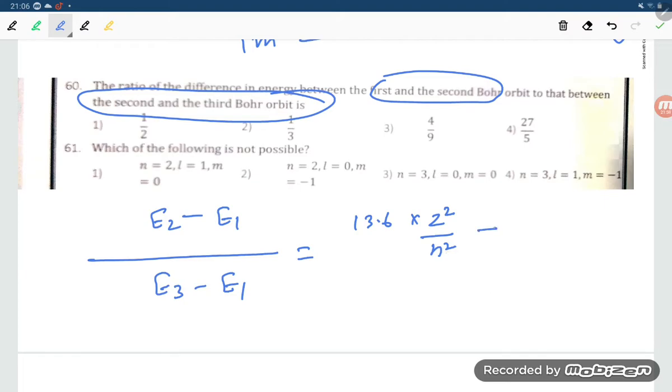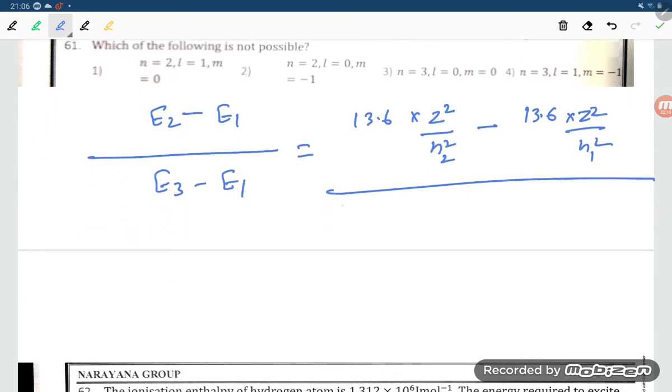So Z square upon n square, and similarly 13.6 into Z square upon n square. That is n2 square minus n1 square. Similarly, it will be 13.6 into Z square upon n3 square minus 13.6 into Z square upon n1 square, right,